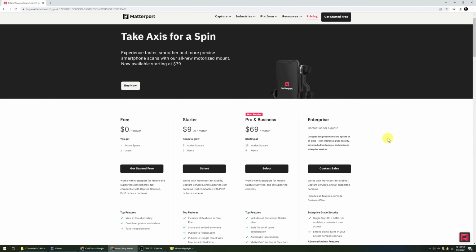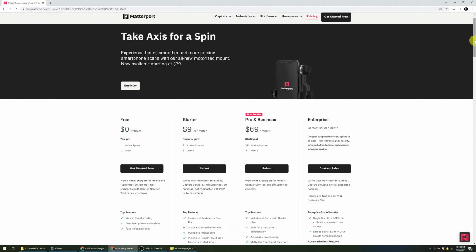Matterport, of course, is the age-old standard, been around forever. They provide that dollhouse type of view, some 3D plans, but its core competency is virtual tours, and that costs about $70 per month for a pro account, and then floor plans are an added cost at about $13 more